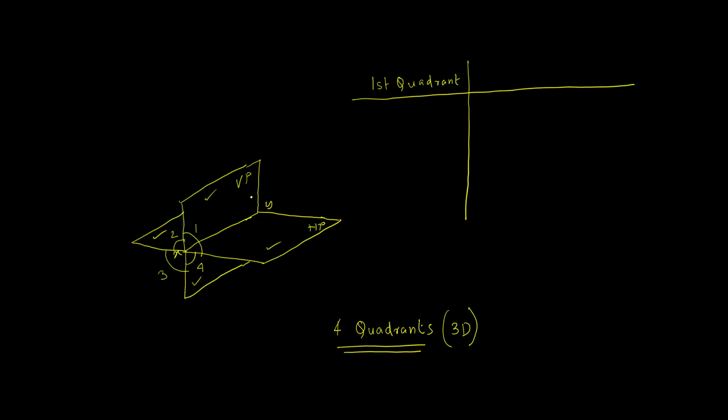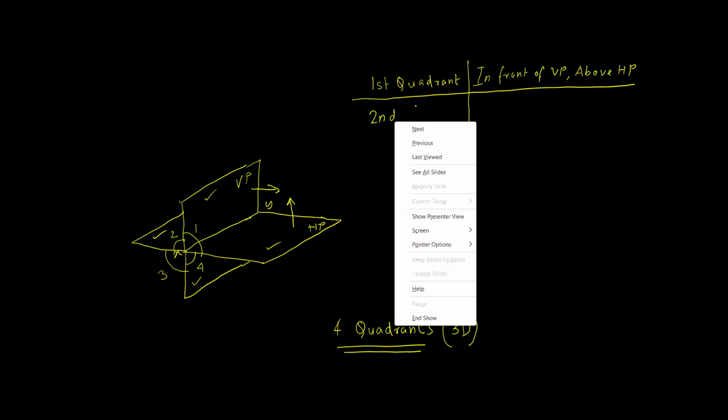So if you are placing the object anywhere in the first quadrant, you are basically placing the object towards the front of VP and above HP. So you can say that the object is some distance in front of the vertical plane and some distance above the horizontal plane. This is how you can describe the position of the object if it is in the first quadrant. Now, if it is in the second quadrant,